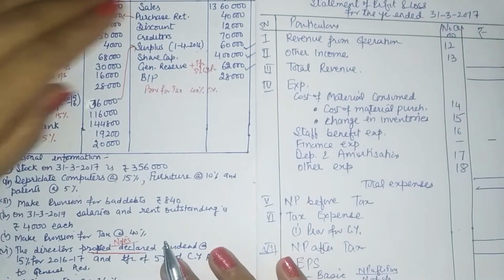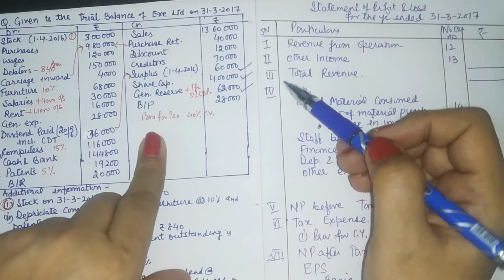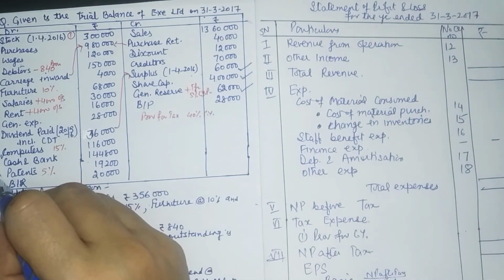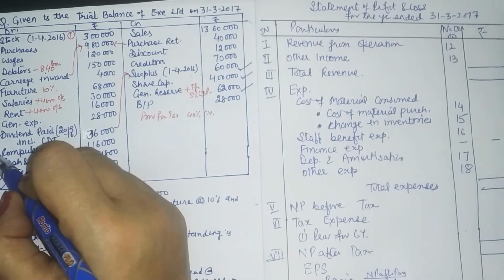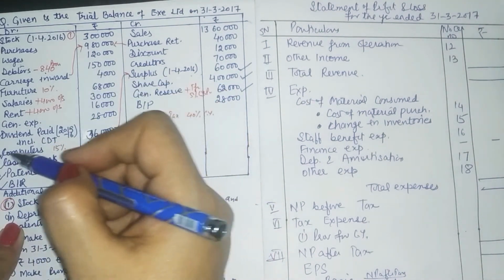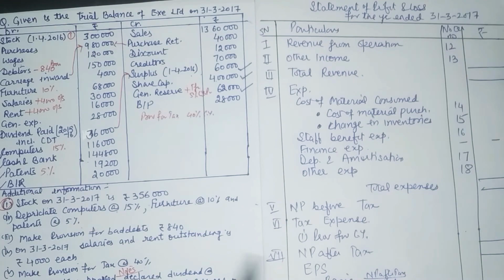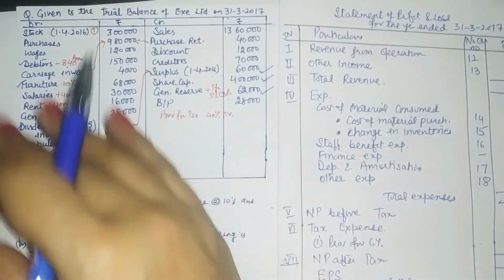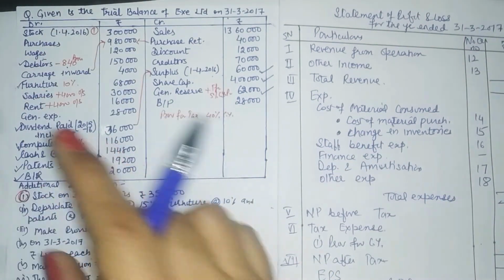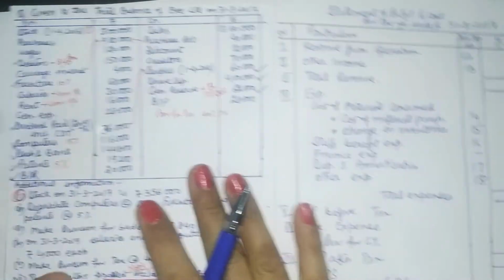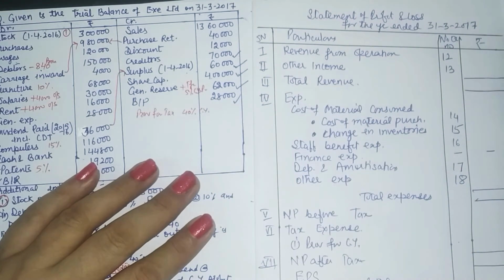Now in this statement, we have to start with revenue from operations. So look at the revenues here. Now we should mark those things out which we have adjusted. That way, when we are looking here, our attention will be directed only towards those things which need attention, and we are not reading again and again those accounts which we have already adjusted. So I'll just concentrate on these and not on everything. Here I am left with these things. Creditors have also been taken. Bills payable have already been adjusted.